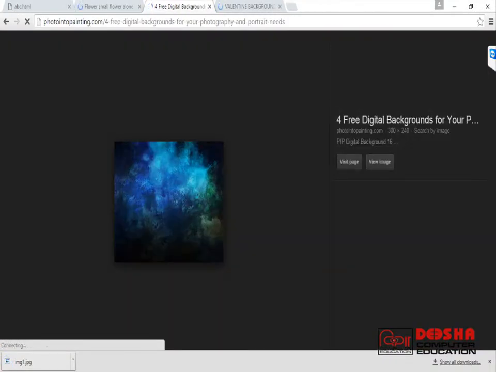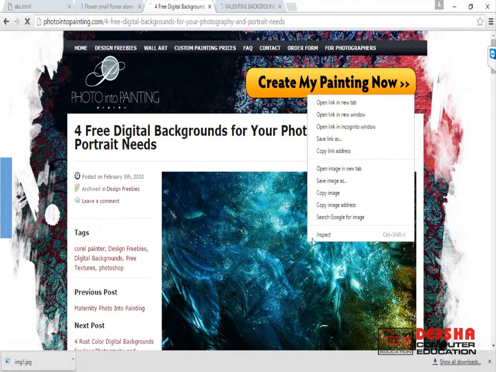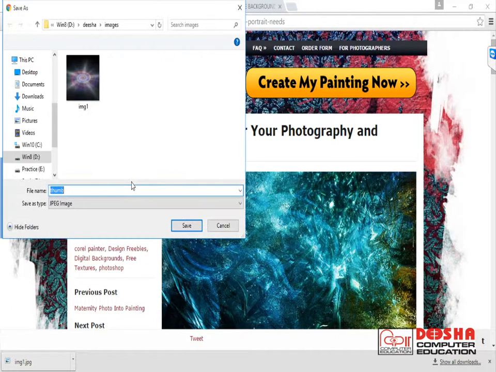We can have these images developed using some image editing software also. Specifically, we may use image editing software like Photoshop. I will save this image also, img2.